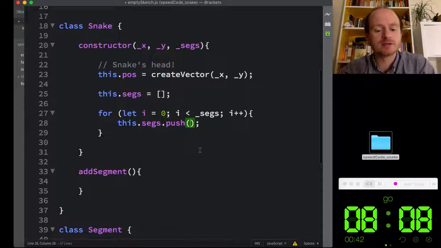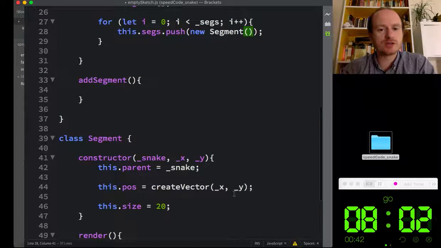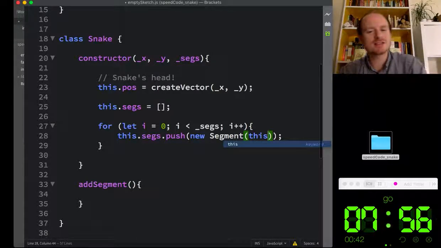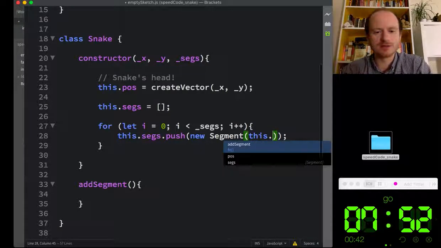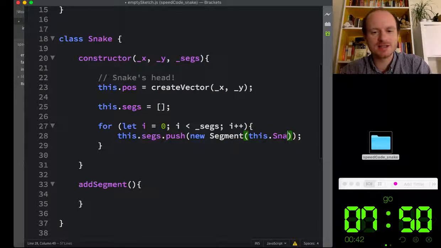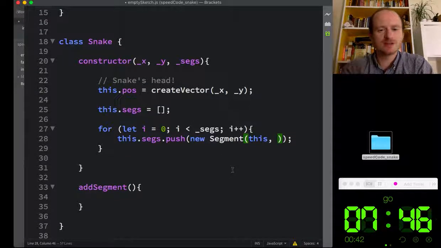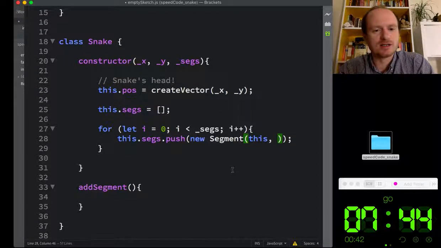So how many segments? So we're going to ask for a new segment, and then we construct that segment with which snake. So it's going to be this. Can I pass in this? Oh no, I don't know how to do that in JavaScript. Is it this snake? I'll just put in this. Does that refer to the whole object? Anyway, this, and